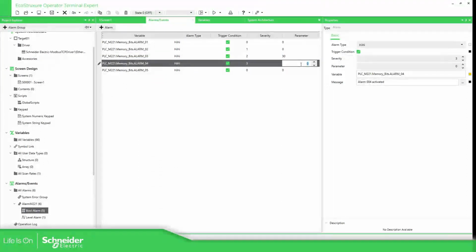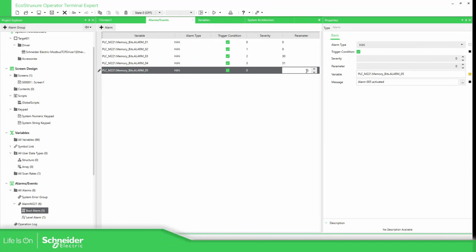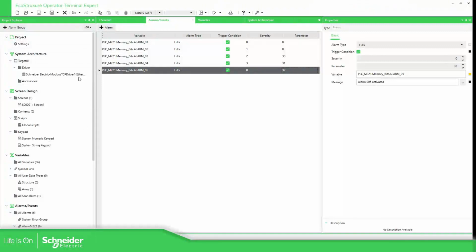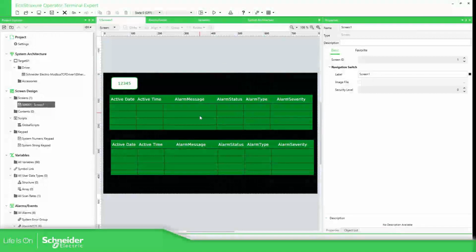30, 31, and 32. The reason I'm using these three is because they belong to a logic that I have in the program. Okay, so let's do this. Just double check. So